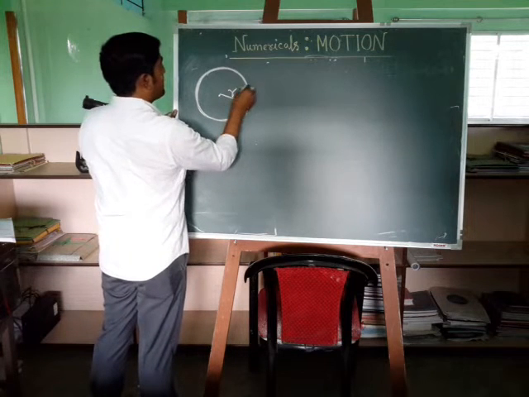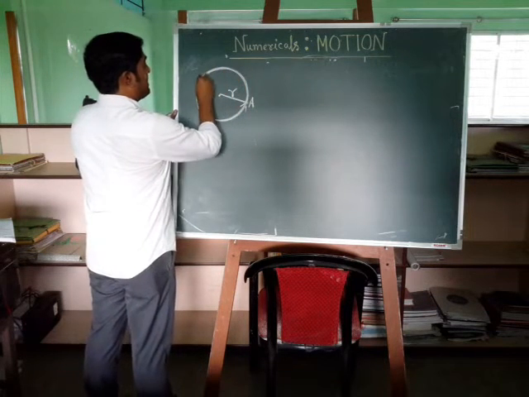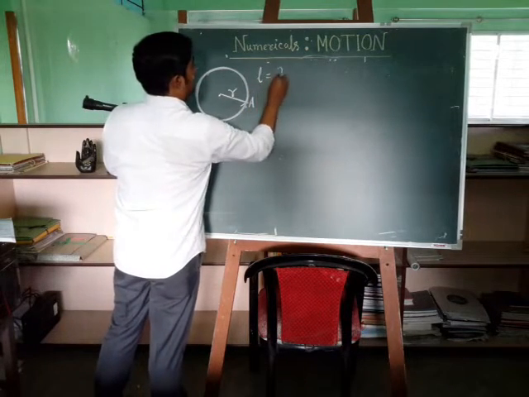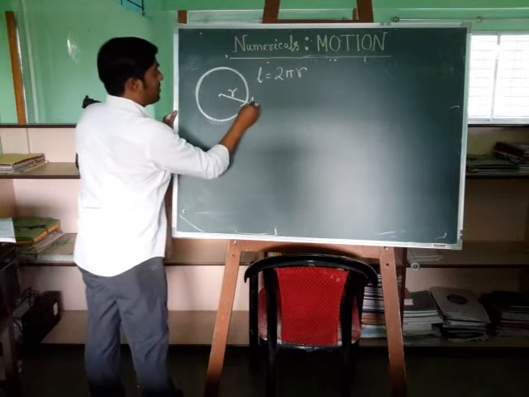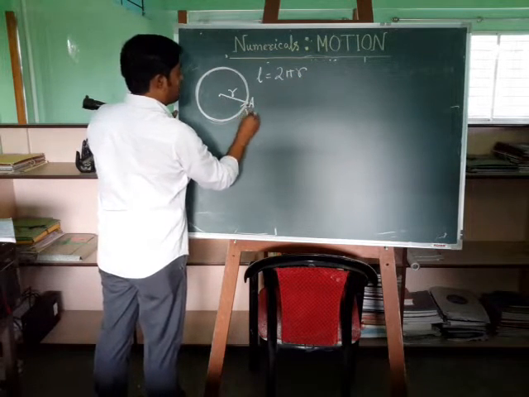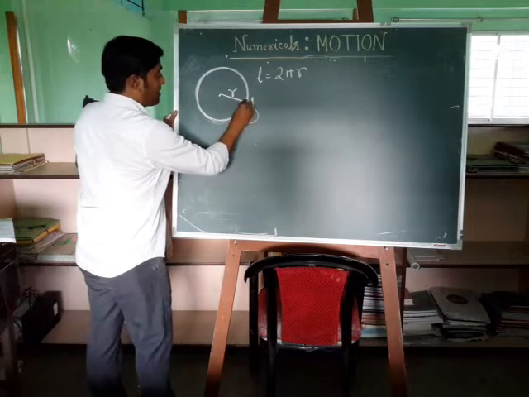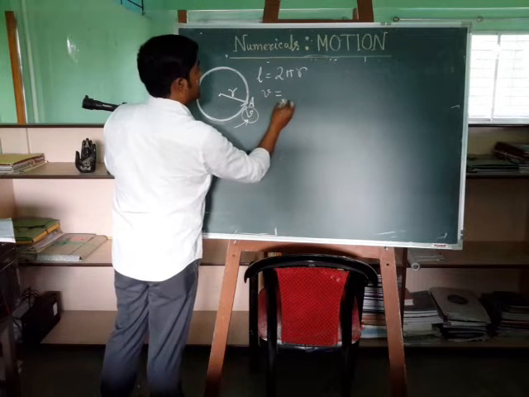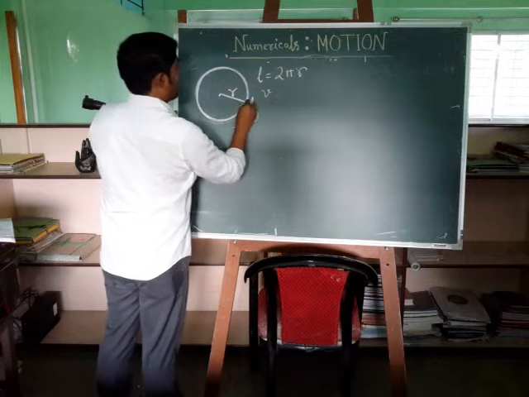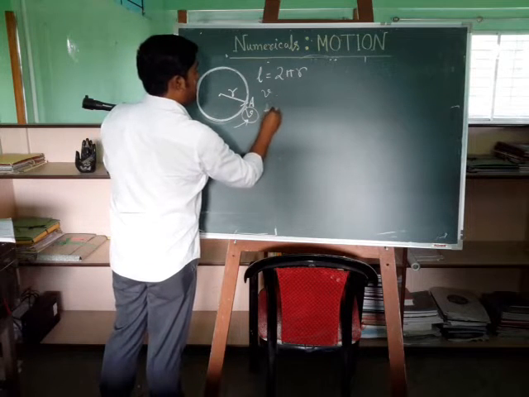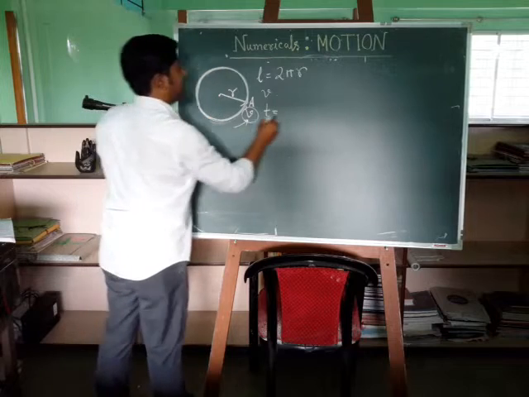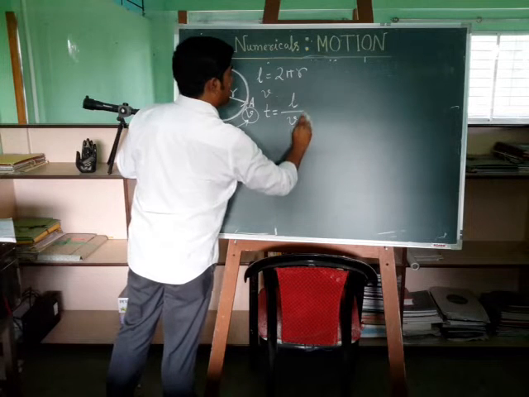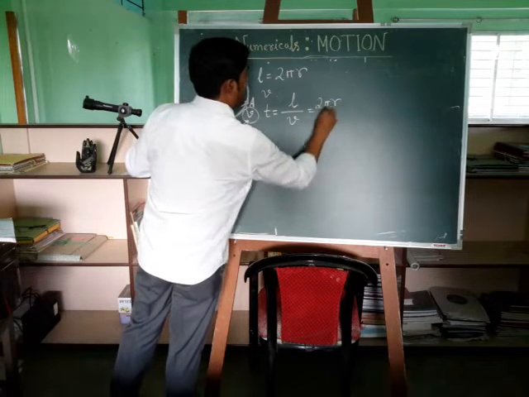That is r. If the particle is starting here, in one complete rotation it is covering the whole circumference, and that length is what? 2 pi into r. If the velocity of the particle is given, suppose v, now this is velocity, actually speed, right? Because it is constantly changing direction. If the magnitude of velocity is given, then we can find out the time for one complete rotation, and time will be total distance covered, that is L upon the velocity, and that is 2 pi r upon v.